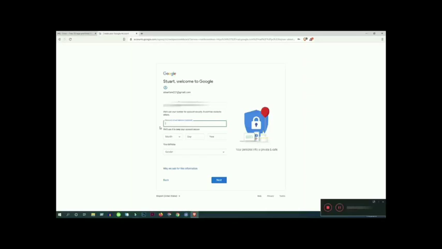In my case, I am not putting my recovery mail here. If you want to make your account more secure, then obviously you put your recovery mail here. But I am not putting my recovery mail.